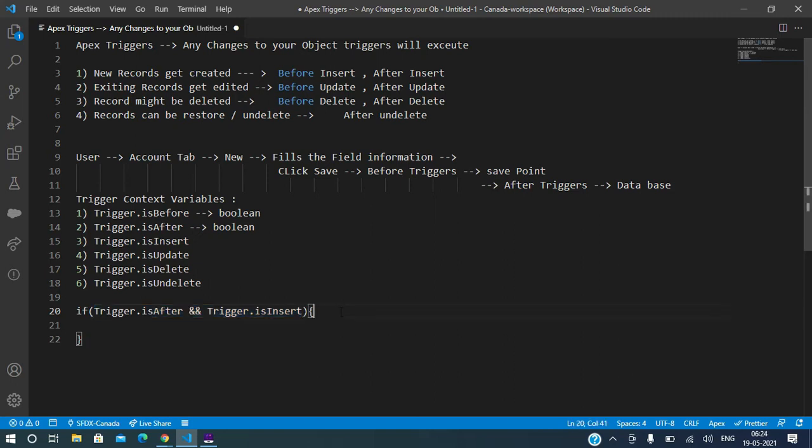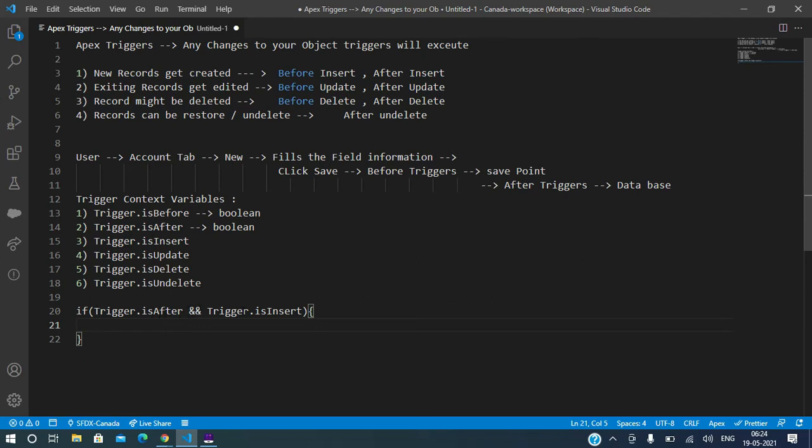Any question here? Can you say that again? I asked you to write an after insert condition. The trigger should execute on after insert logic. Then how to write? Then all you need is to set the two variables. With the after variable, you check whether it is an after trigger or not.